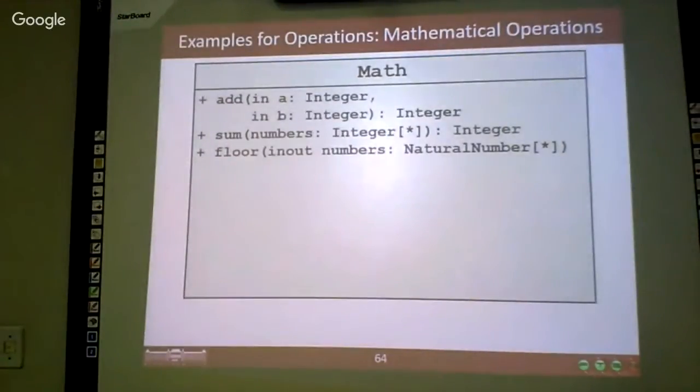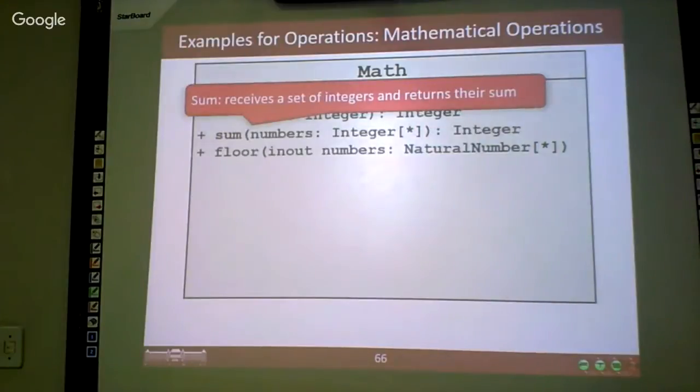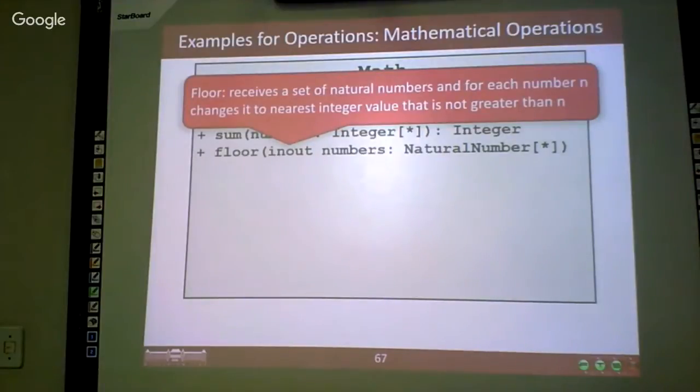So here is the class diagram of our mathematical library. As you can see, the first function is to add two numbers, A and B, and it returns the result. The sum receives a set of integers and returns their sum. And the floor will receive a set of natural numbers, and for each number n, it changes to the nearest integer. So here you can see the multiplicity represented by star, and it's an in-out